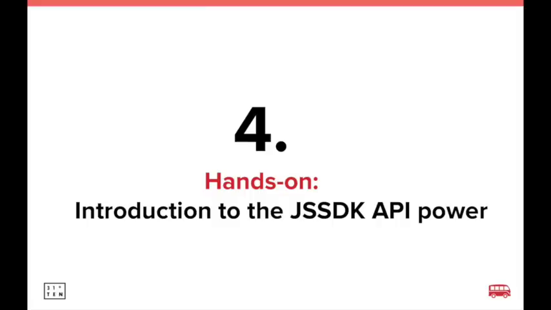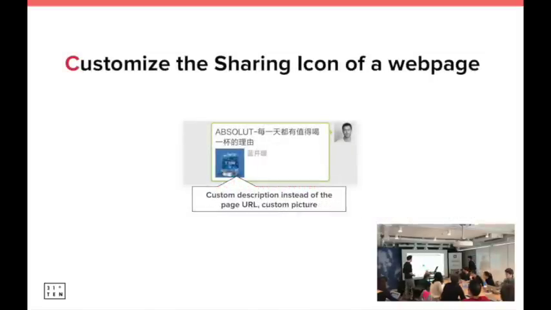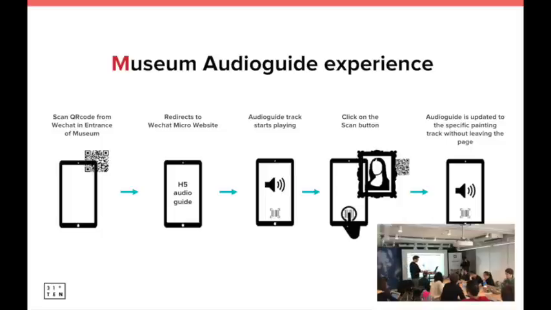So let's start coding. No, it was more the introduction. First, we're going to see a bit about the JS-SDK, functionally speaking: what are we going to do? We're going to do something that is asked a lot, which is sharing customization. And later we're going to improve the example and make a QR code scanner. So that's the workflow we're going to do for the QR code scanner.